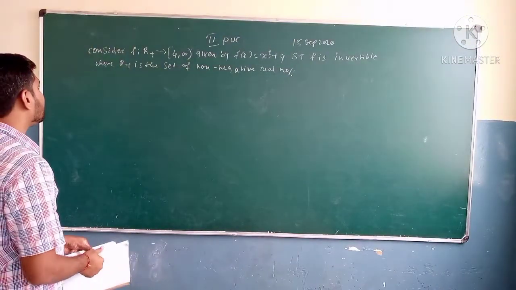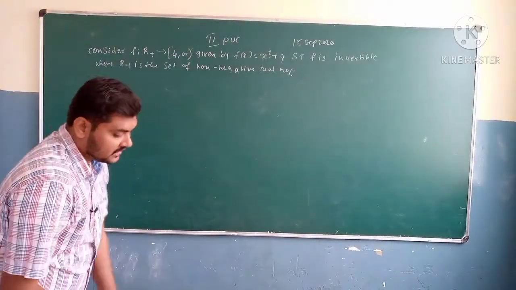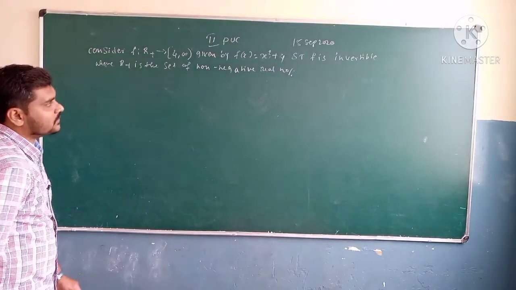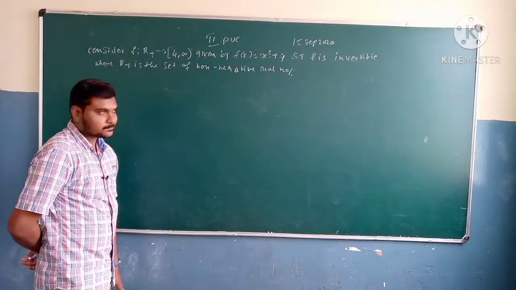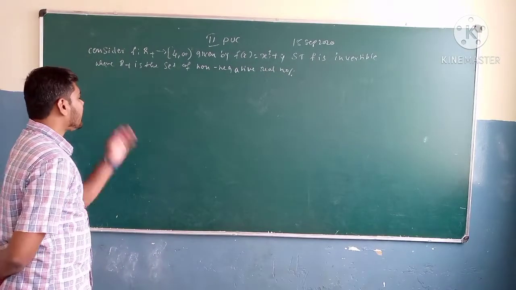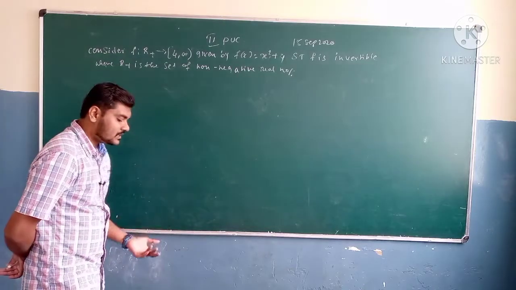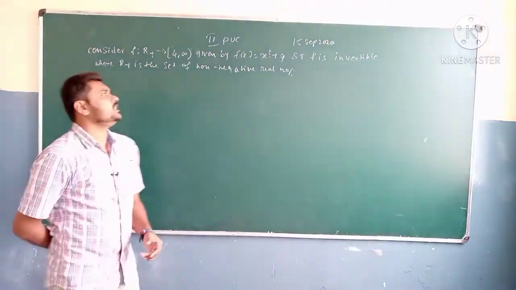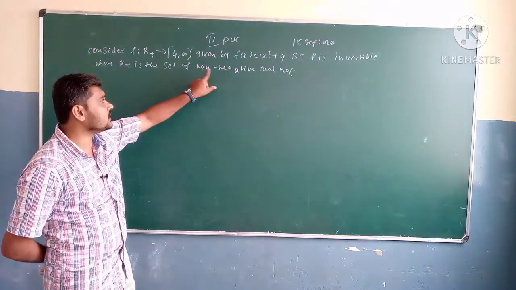Consider f from R plus to [4, infinity) under the closed open interval, given by f of x is equal to x square plus 4, that's going to be the function. So we need to show that f is an invertible function, where R plus is going to be the set of non-negative real numbers. So 0 is included, as 0 is also included in the non-negative real numbers.